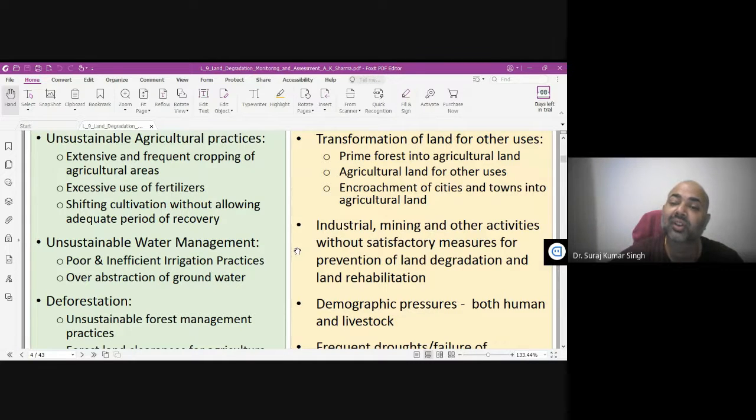So what we do, we go on doing our industrial activity. We go on mining, coal mining is there, iron ore mining is there, stone mining is there. The government has formulated some rules and regulations. These are the standard measures of practice that any company has to perform in that area. But to get more benefit and more profit, the companies generally don't follow the rules and regulations prescribed by the government of India,